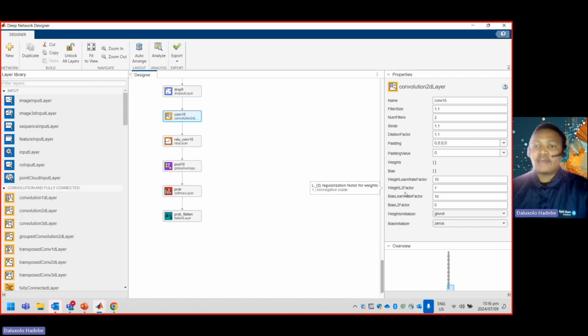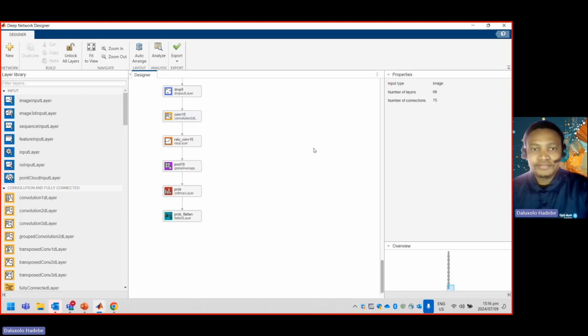So if you think of training as over an entire surface, you don't want to take a training step that's too big because then you may miss the actual minimas that you are trying to converge onto, and you don't want to take steps that are too small because the training may take a very long time to do this. So once we've adapted this layer now to fit our problem, we can actually analyze the network